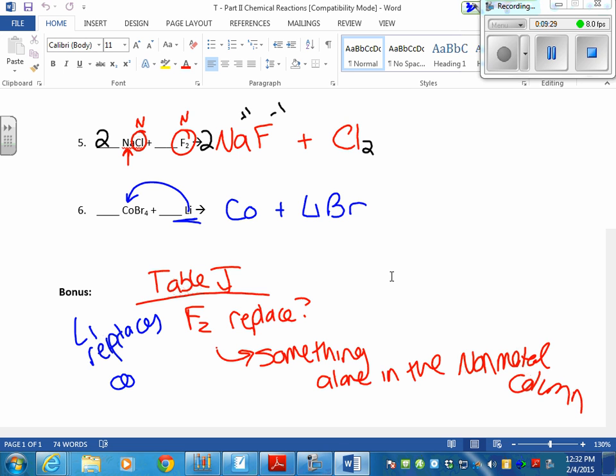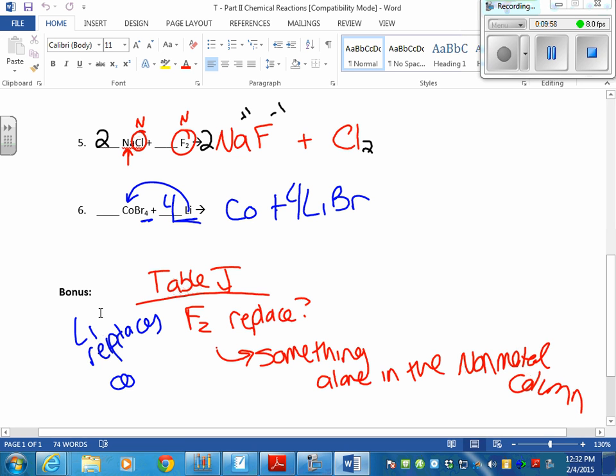Look up your oxidation states. Co is not a Hofbrinkel, so it's not Co2, it's just Co. Li is +1, Br is -1. Flip, flip, 1 and 1, cancel out. I gotta rewrite that. Now you have to balance it. Okay, I've got 4 bromines here, 1 bromine here, so I need a 4 and a 4, and it's balanced. Okay, that's how you do the back page of this